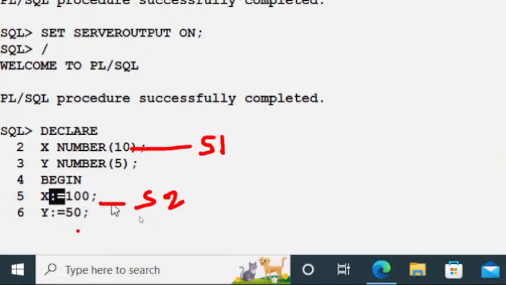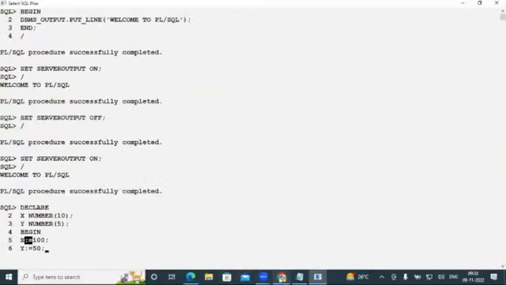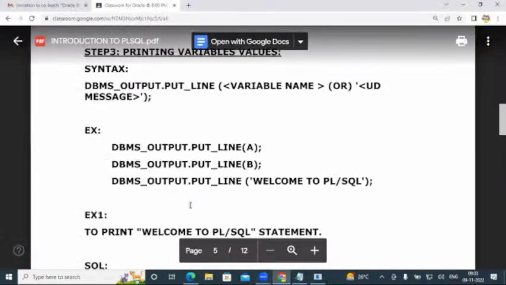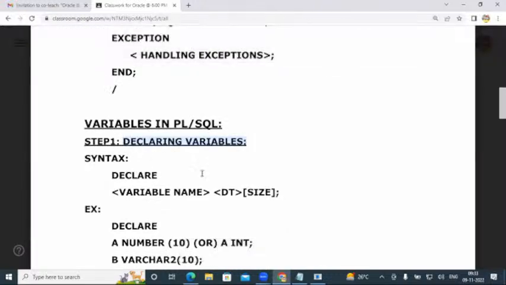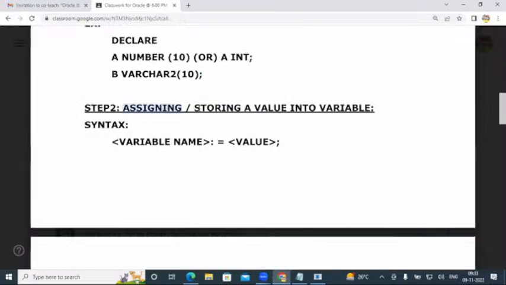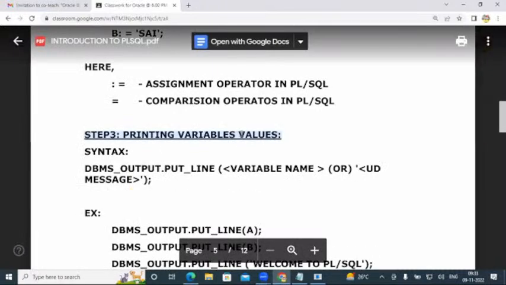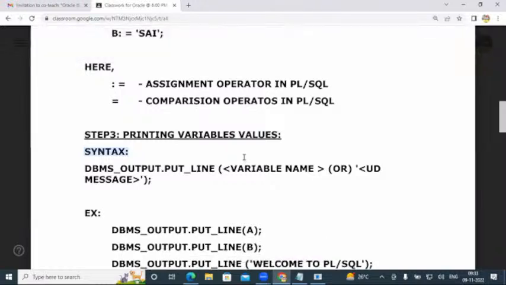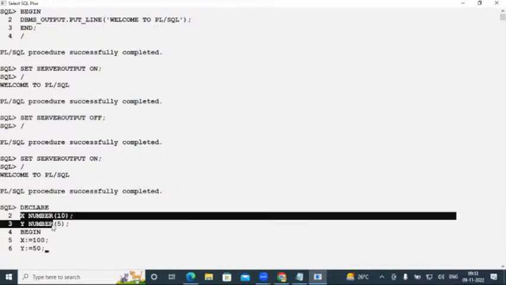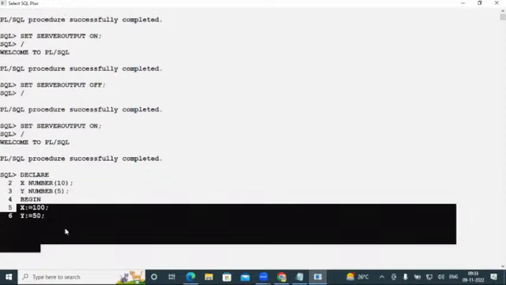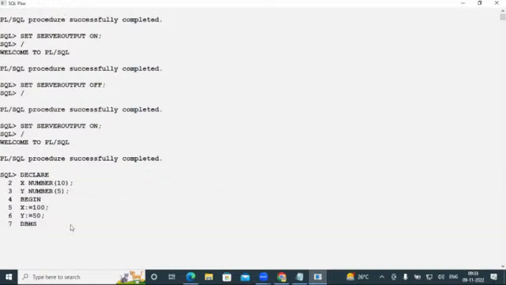Print. Don't forget here. Yesterday in class you forgot it. What are the 3 steps? Declaration of variable, step 1. Assigning value to variable, step number 2. Next, printing variable values, step number 3. Understand now? So come out here. This is step number 1, only declaration. Here assignments. After assignment, what do I want to do? Print. So output